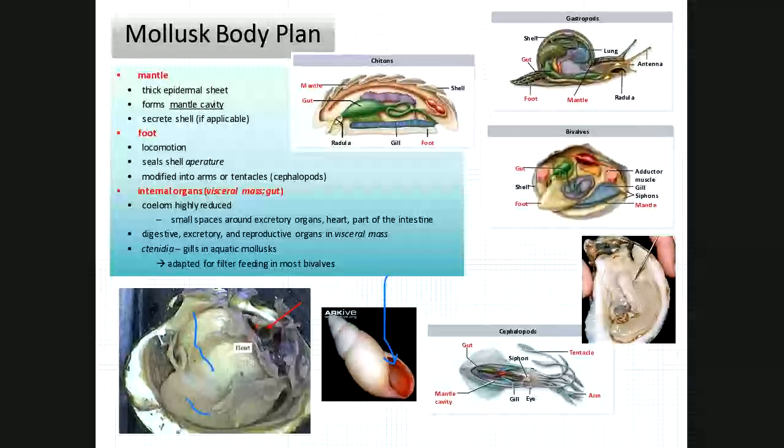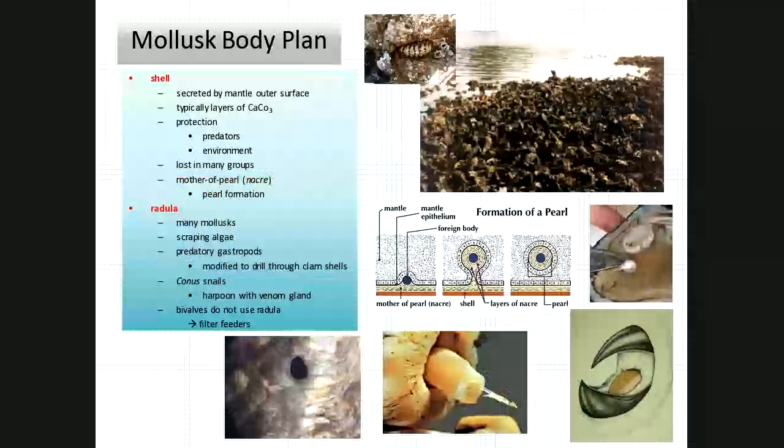In aquatic mollusks, they have gills, or things that we call ctenidia, that are used for oxygen exchange. But in bivalves, oysters and those guys, the filter feeders, their gills not only do oxygen exchange, but they put a mucus layer on their gills. So while water's moving through, guess what the mucus does? Traps food. Filter feeders. That's why they have those siphons. That's why they want to dig down in the sand and put those little siphons above so they can filter food, filter water through without anything hopefully seeing them.